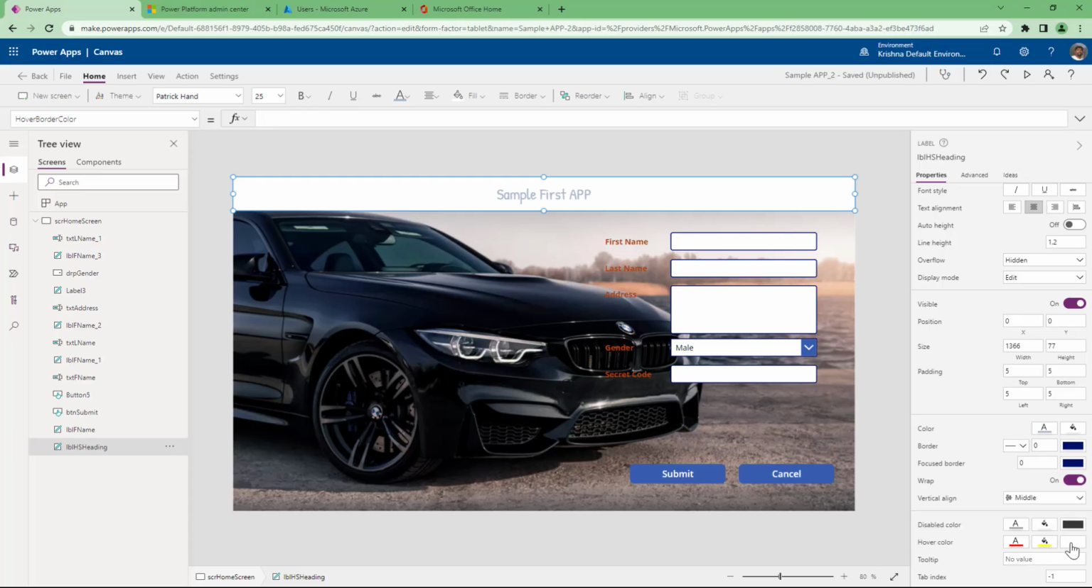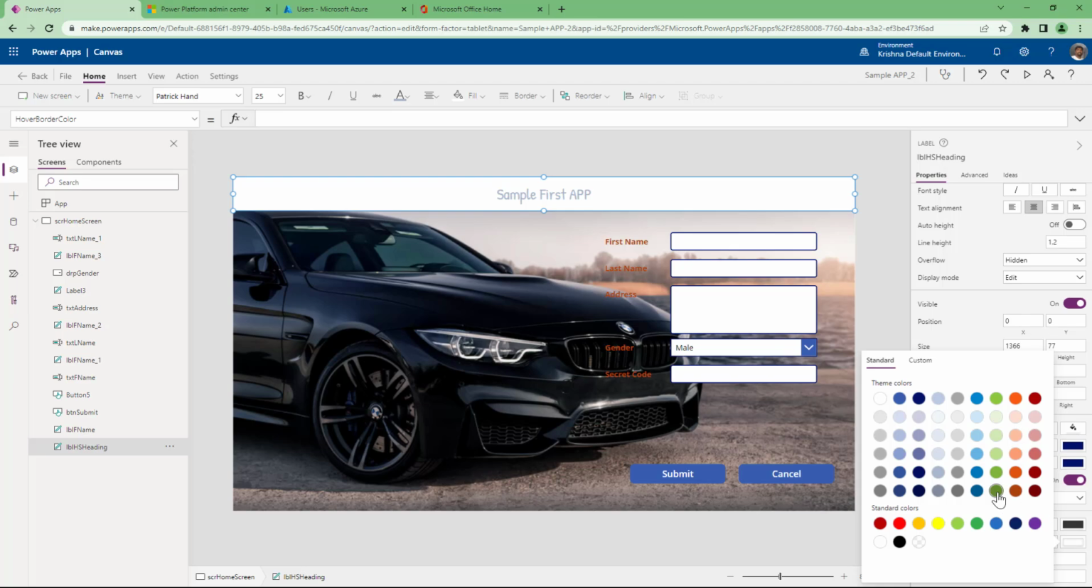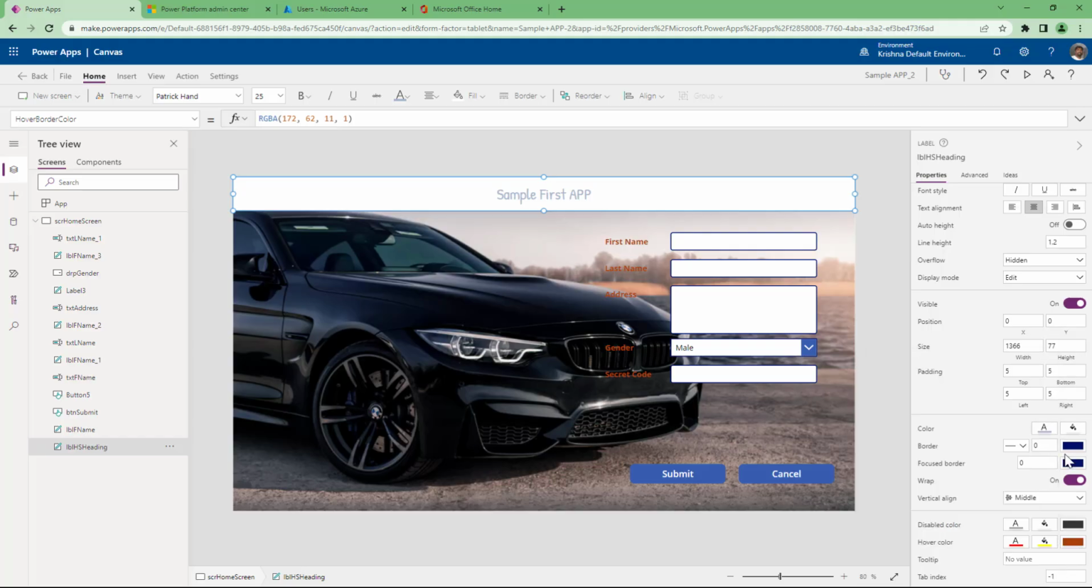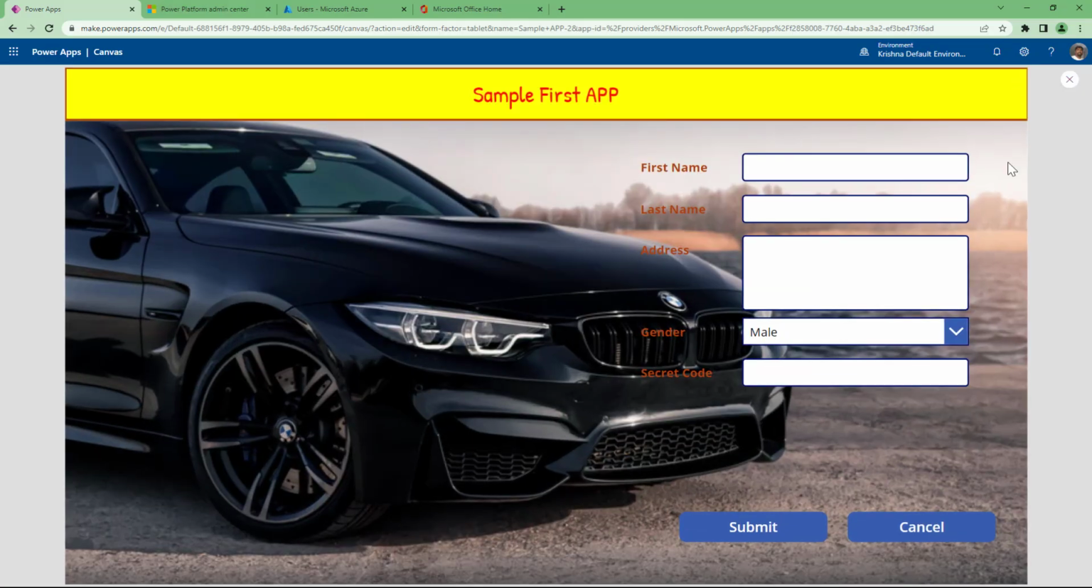Now I will set the border color to, say, green color, or I don't know whatever the color it is, this thick color, I am placing this color. And the border value, say like 3 pixel, place the border value and now play the app. Now if you see, the border color is changing from blue to the thick color whatever we selected. Okay,